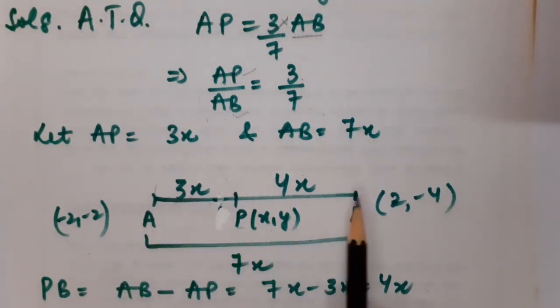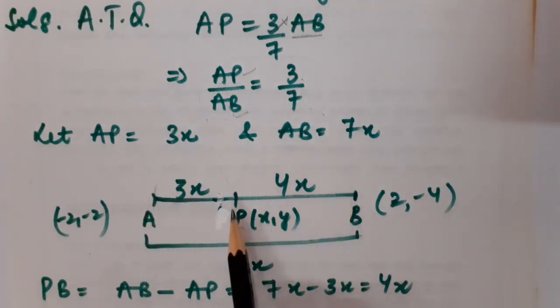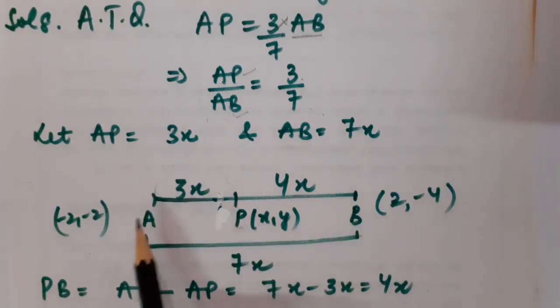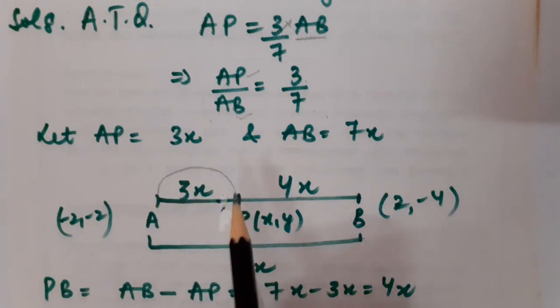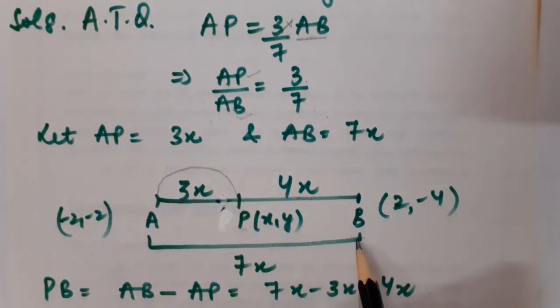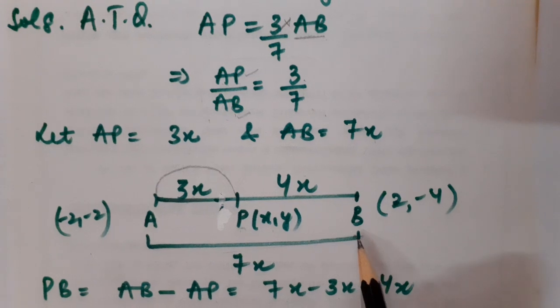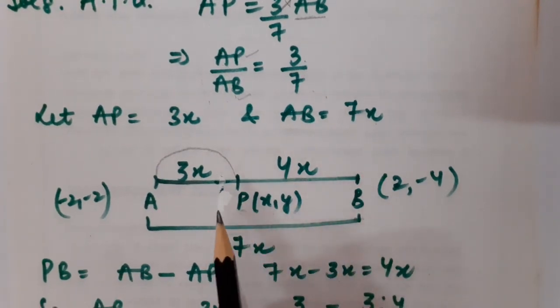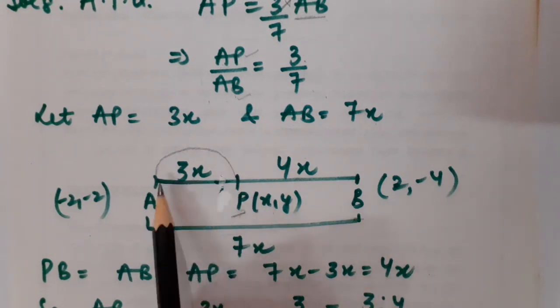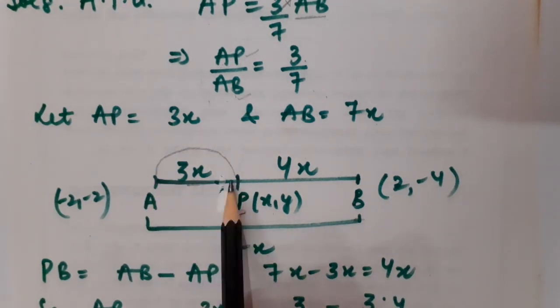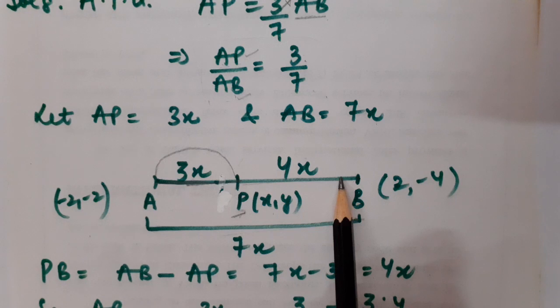So let us draw a line segment AB, and P is the point of division. So children, you will be having this AP given, that is 3x, and you will be knowing about complete AB, that is 7x. But you know that I told you we can calculate the coordinate of the point of division if we know this ratio, that is AP upon PB. Correct?